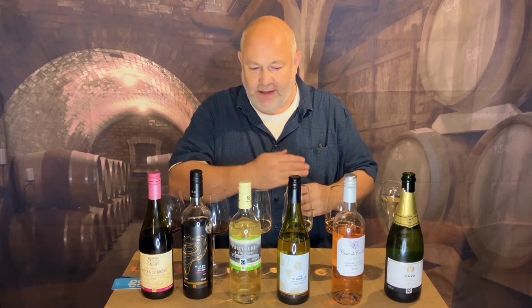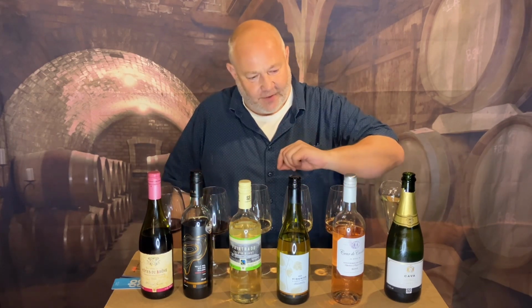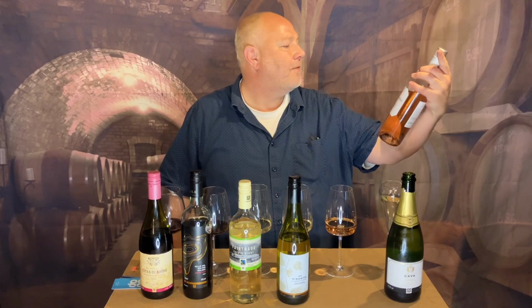Really good stuff. The thing the Co-op do, because it's a convenience store, their shelves are so much smaller than all of the big shelves in the big supermarkets. When they select their wines, they've got to be spot on, and that's exactly what they've done with that wine. Beautiful. Okay, so we have now got